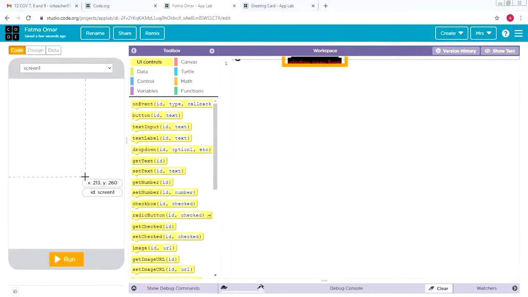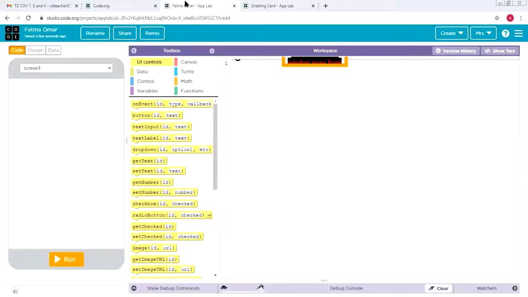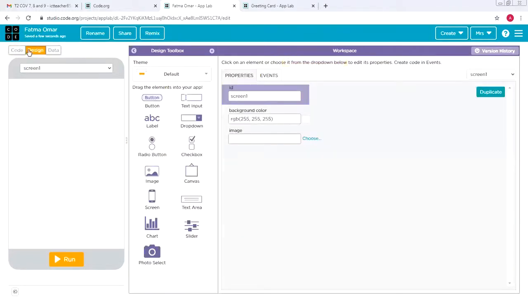So the first step will be the designing. I need an image, a label, 2 buttons. So here we are in the code mode. From here, clicking here, we are in the code. To switch to the design mode, click here. So we're having code and design. We're not gonna use data. We're using the code and design. So from design